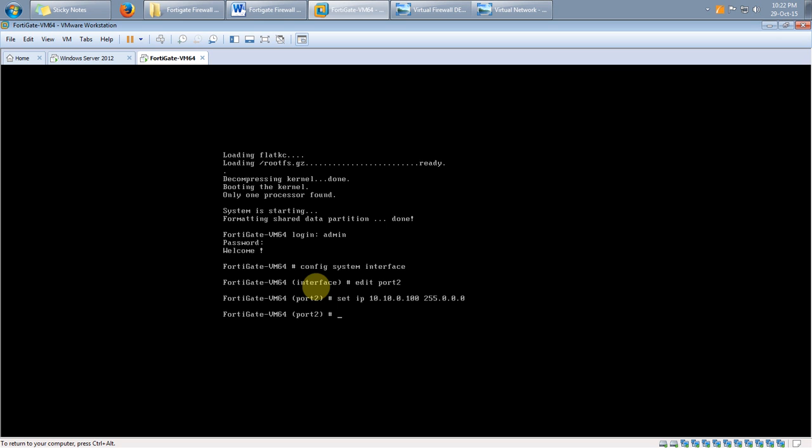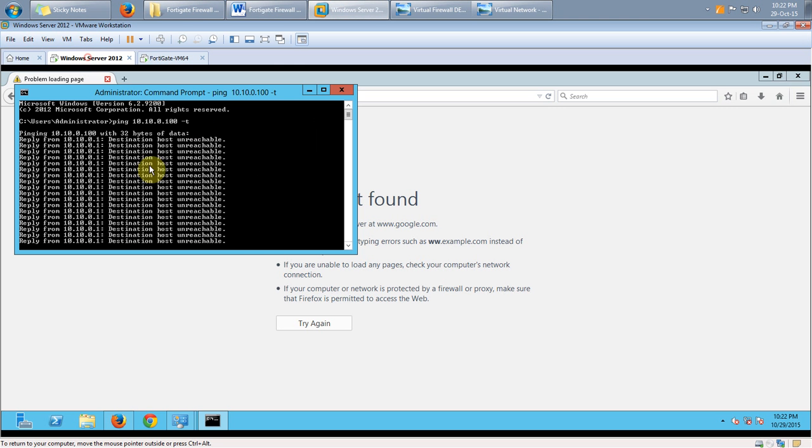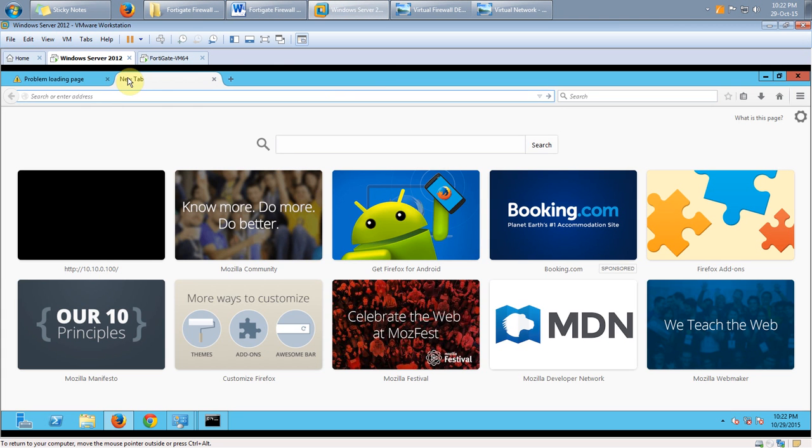Hit enter. Then I'll just show the documentation. First three steps have been completed. The fourth step is that you have to allow access so that I can get my firewall into the browser control of my server. Now you can see if I type HTTP